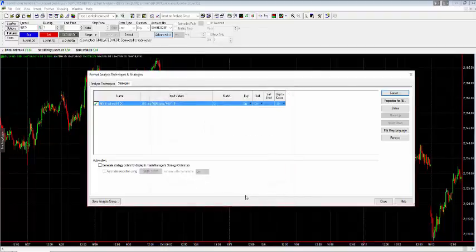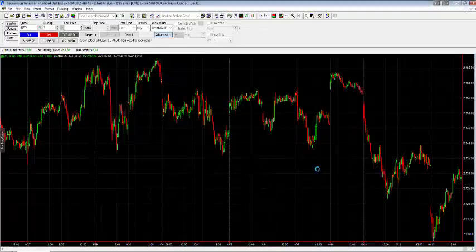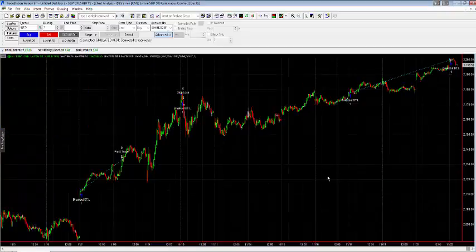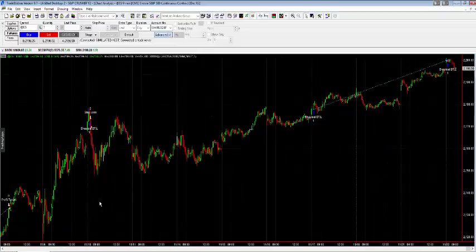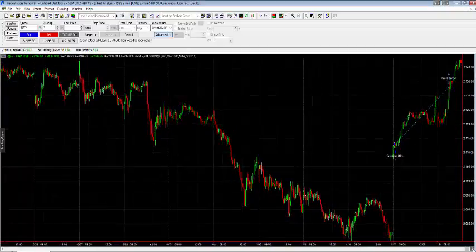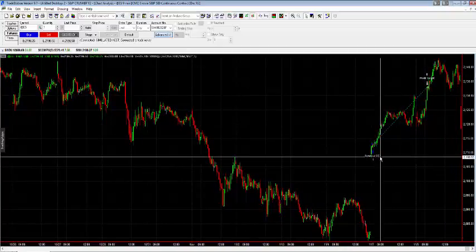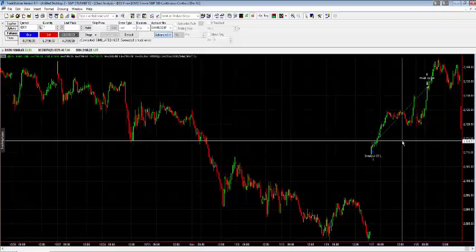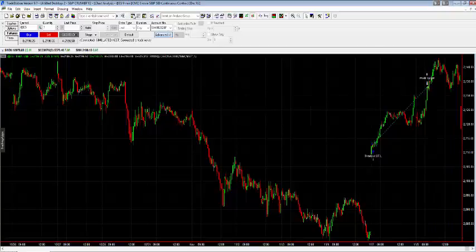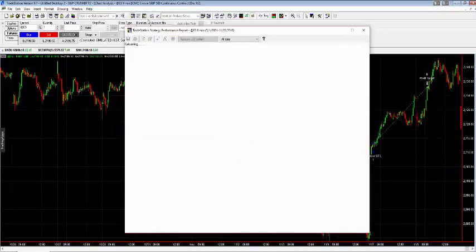Okay, so now what we've done is we have a $1,000 target, but instead of getting out at the end of the day, it's going to hold for multiple days to see how that does. And back here is actually a good example of a trade where that would have worked. I think this is the first trade we were looking at, where before it got out at the close, now it holds an extra day, but it tries to get a $1,000 gain. And if I look at the performance report now,